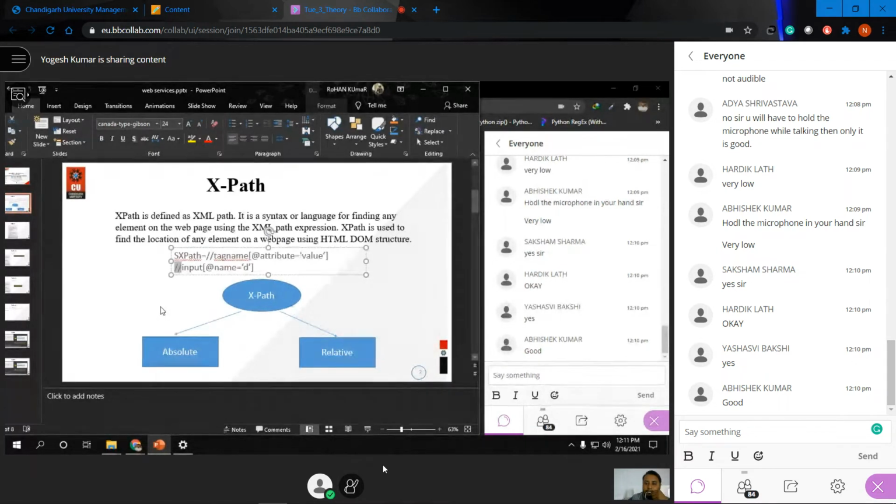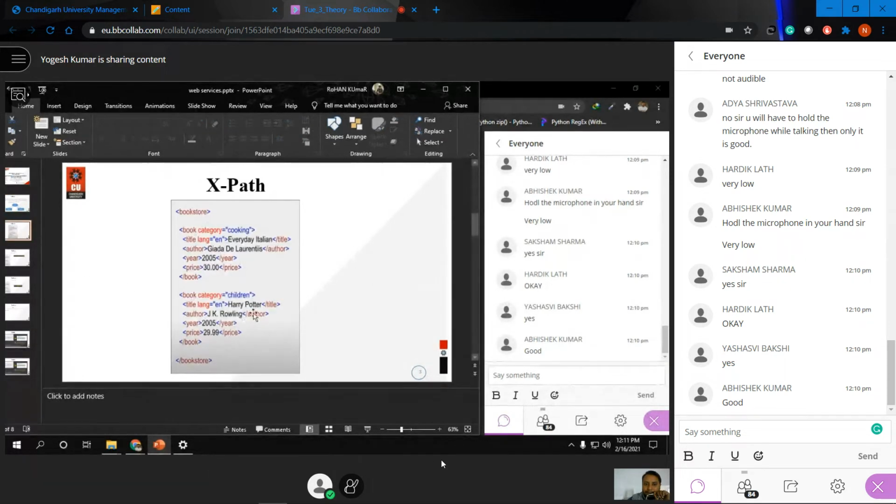तो समझ में आया कुछ कि एक्स पाथ एक्चुअल में क्या होता है. जैसे हम डॉम ऑब्जेक्ट गेट एलिमेंट आईडी बाय और गेट एलिमेंट बाय नेम, गेट एलिमेंट बाय इनर एचटीएमएल, तो ये वैसा ही कुछ है. अगर हमें कुछ पाथ डिफाइन करना है, we want some path from the XML document, so how we can find out. ओके, so let me show you one example.